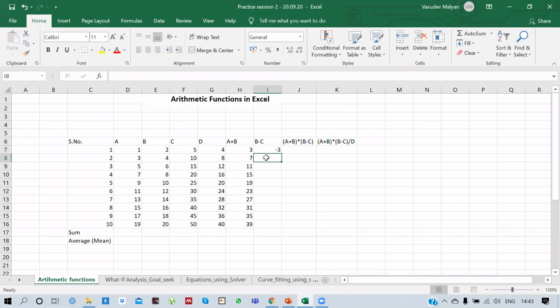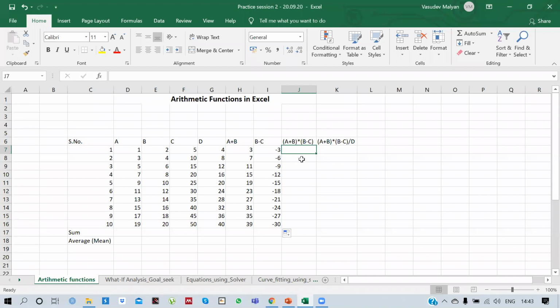Now similarly, you can do this for the other element. Click on E8 here, press the subtraction sign and press F8, subtracting F8 from E8. When I press enter, it will perform this function. Now you can drag this and you will see that you have got the subtraction of the whole column F from column E. I hope you are able to follow this. If you are not, I will repeat this again, so please stay patient.